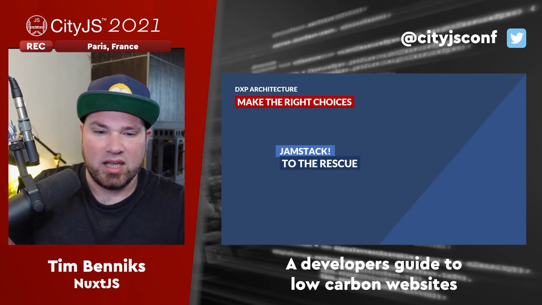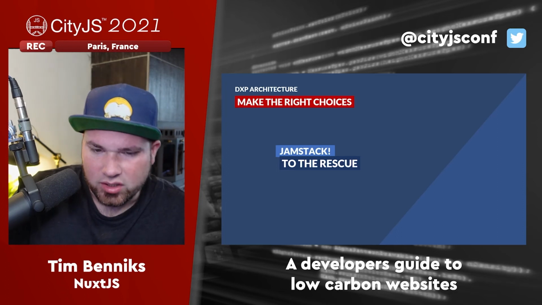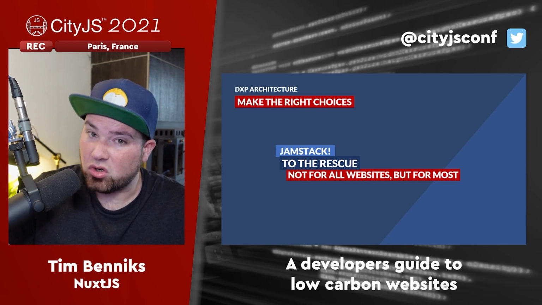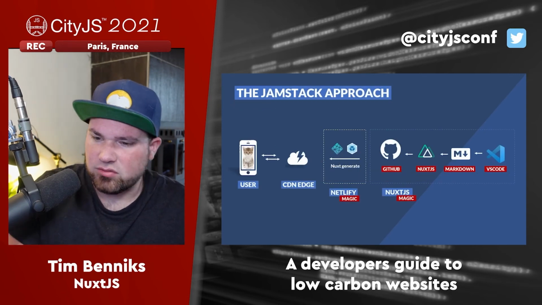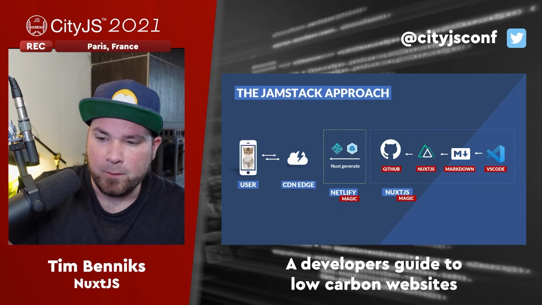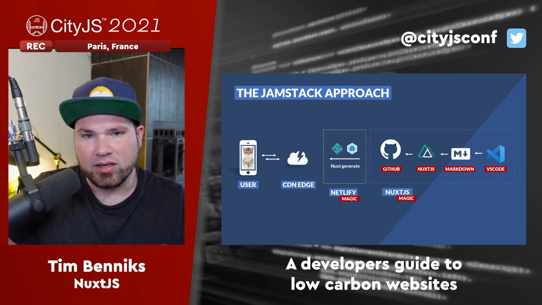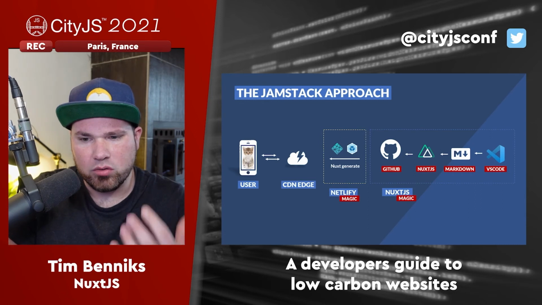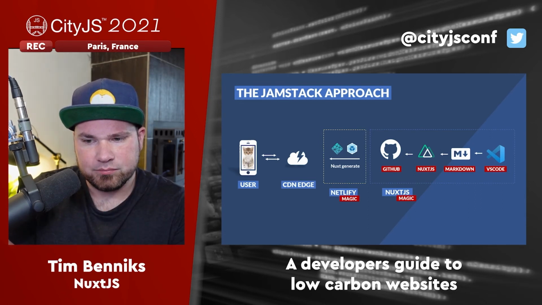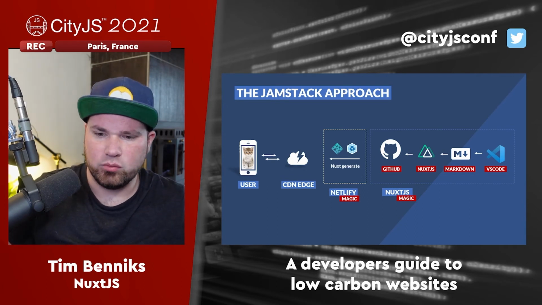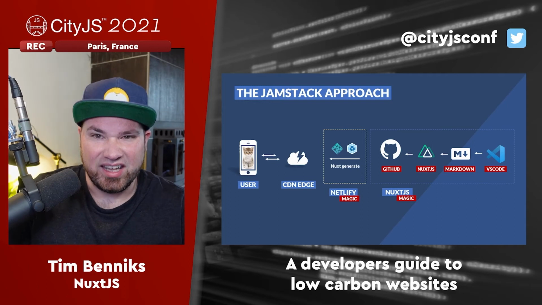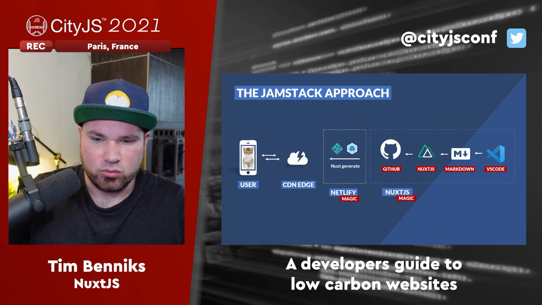So we have Jamstack to the rescue here. You don't do Jamstack for all websites, but for a lot of them. This is a very simple diagram; I like Vue.js, so I have put Nuxt in here. Nowadays we kind of know Jamstack, but I'll go over it very quickly. In the build step, we do everything dynamic. We fetch all the stuff we need, create one static website and put that on the CDN edge. And from there, the user interacts with that.